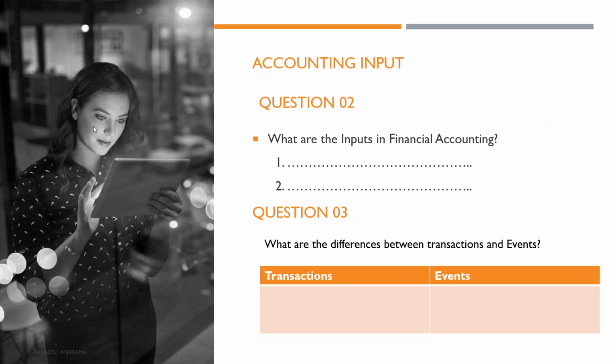Got it? But when it comes to events, what is happening? The business resources' amount or nature will be changed, but there will not be an involvement of another party. Without the involvement of another party, if the business assets or resources change in amount or nature, you identify that as